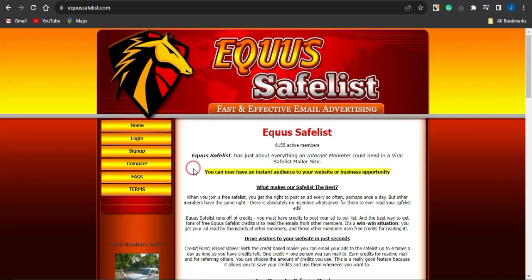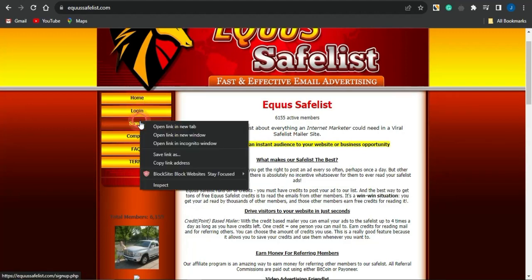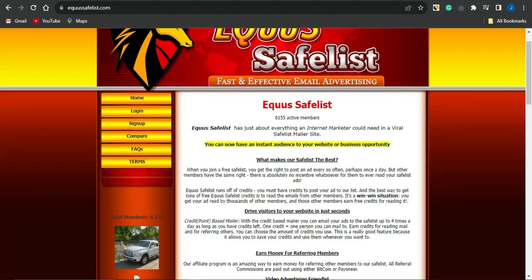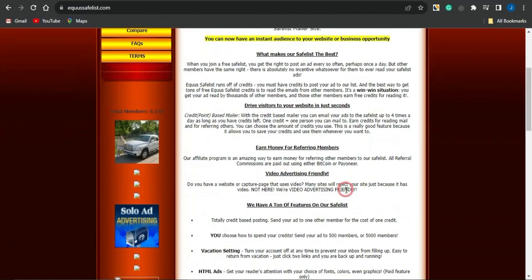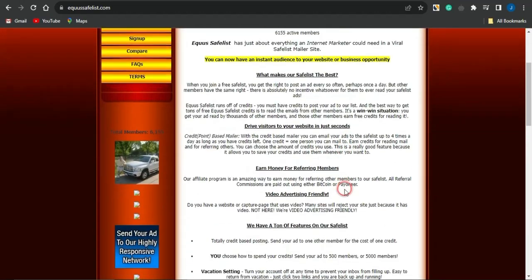If you come onto this platform, this is quite similar to the first platform which we actually showed you earlier right here. As you can see, it's just about everything an internet marketer should need in a viral Safelist mailer system right now. So from this section, you could simply click on sign up. If you do click on sign up, guys, and you wait for the page to load up, you'll be getting to know more and more about this particular platform